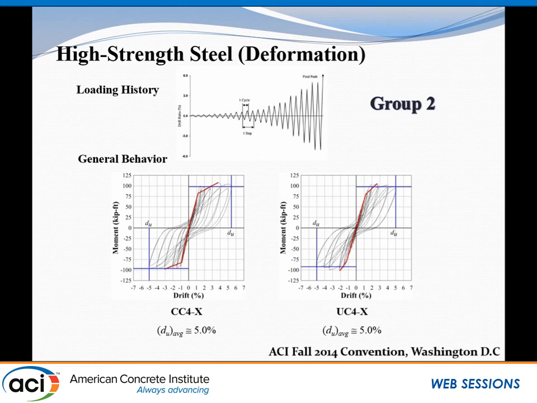Based on the limited test results, we may conclude that beams reinforced with grade 60 and high-strength longitudinal reinforcement exhibit comparable deformation capacity. If buckling, shear failure, and bond slip can be prevented, a minimum drift capacity of 5% can be achieved, provided that the steel has at least 10% minimum elongation.